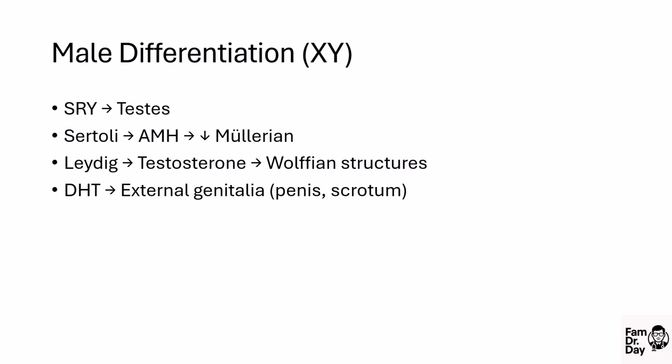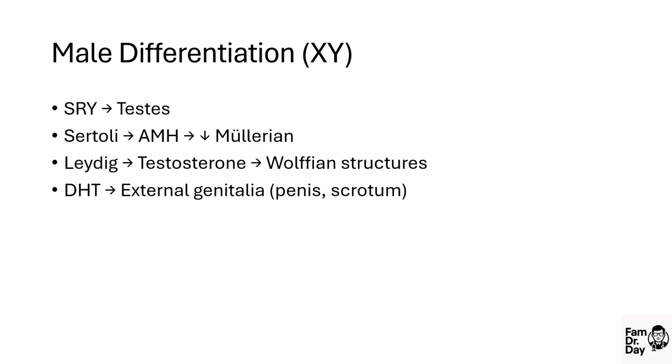First, the presence of the Y chromosome brings the spotlight on the SRY gene, the sex-determining region. SRY activates the formation of the testes. Within the testes, Sertoli cells secrete anti-Müllerian hormone, or AMH. This hormone causes regression of the Müllerian ducts, which would otherwise develop into female internal structures like the uterus and